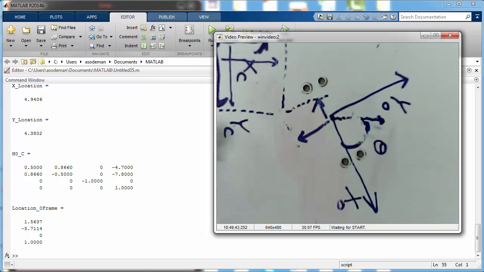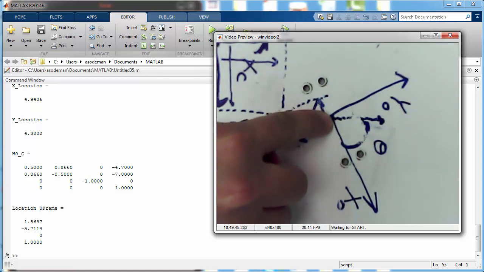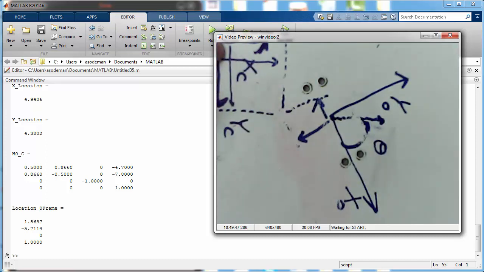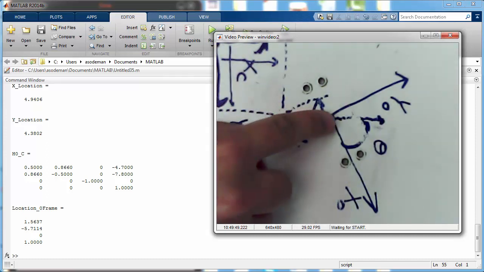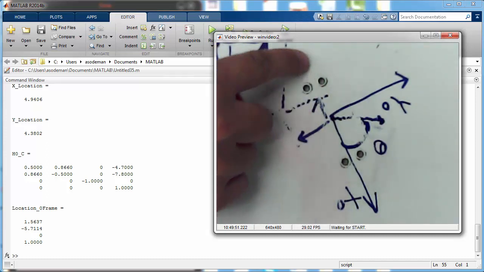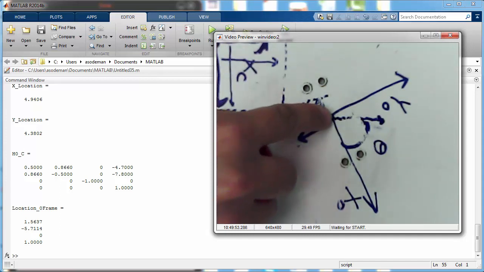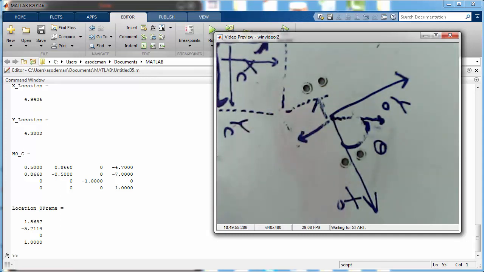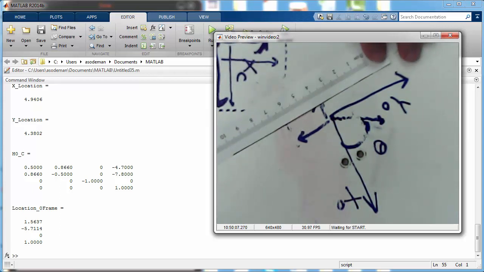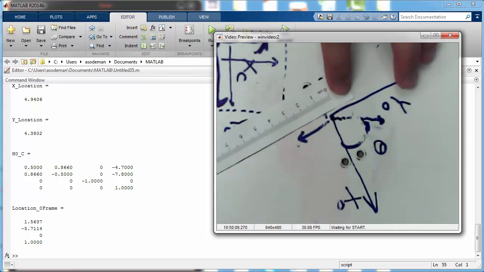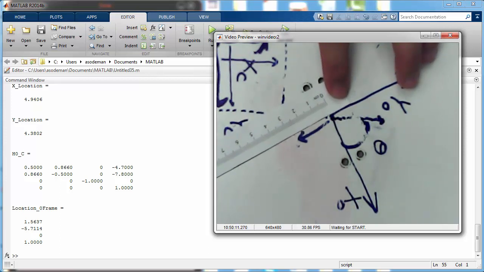Our goal is to find the displacement from this point to this point along the x0 direction and along the y0 direction. The reason this is tricky to show in the camera is that the camera doesn't right now show the total distance that we have to measure. So let me see if I can show you the y example first, and then we'll do the x example,